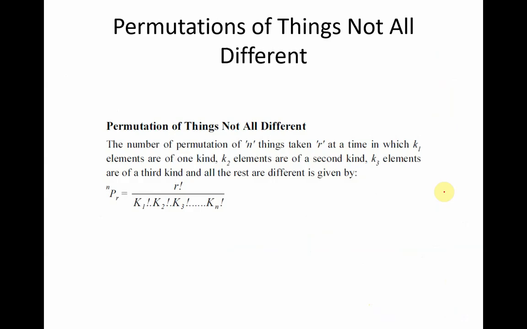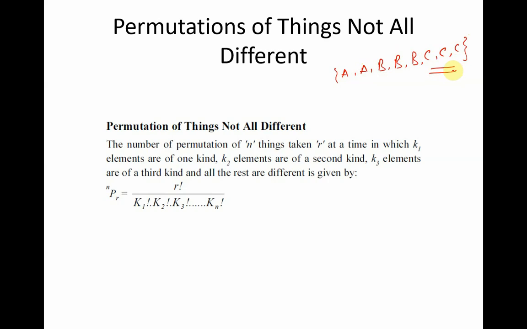Now till now we are working under the assumption that the objects that have been given to us are all different. Please remember, as I said in the very beginning, in case of permutations, the arrangement or the order of the elements is very important. Now the order of the elements can only be ascertained if the objects are distinct. Now what happens if the permutations are to be made out of objects which are not all different? Say for example, I have been given a set like, let us say A, A, B, B, B, C, C.